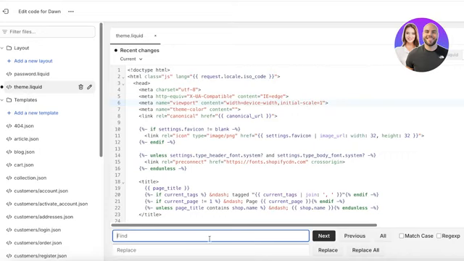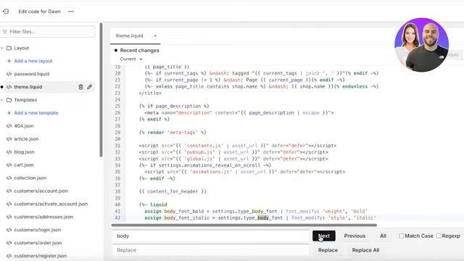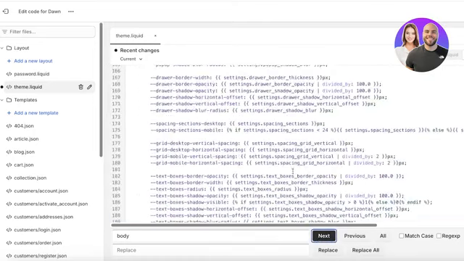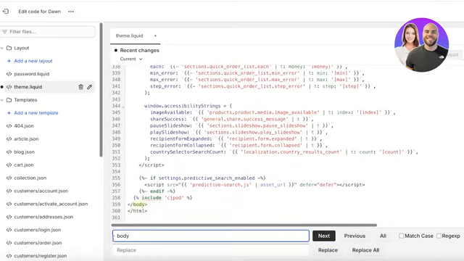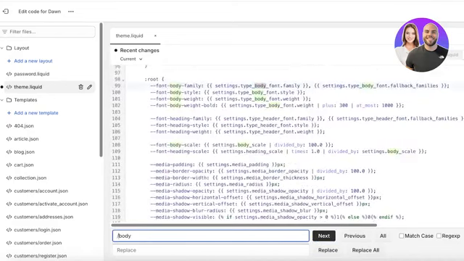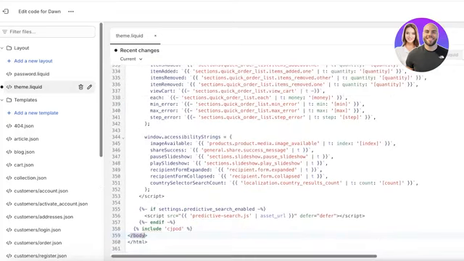Once you do that, in the Find section, search for body and then click on Next. And this will show you all the sections where body is present. So just click on Next, Next, Next, Next, and then you can scroll down and see the highlighted places where body is present. Or if you want to make this a lot easier for yourself, just type in /body, then click on Next, and this will automatically lead you to the bottom of theme.liquid. Now, this is at the bottom for me because I am using the Dawn theme, but if you are using a different theme, it might be located elsewhere within the theme's code. Just find it under